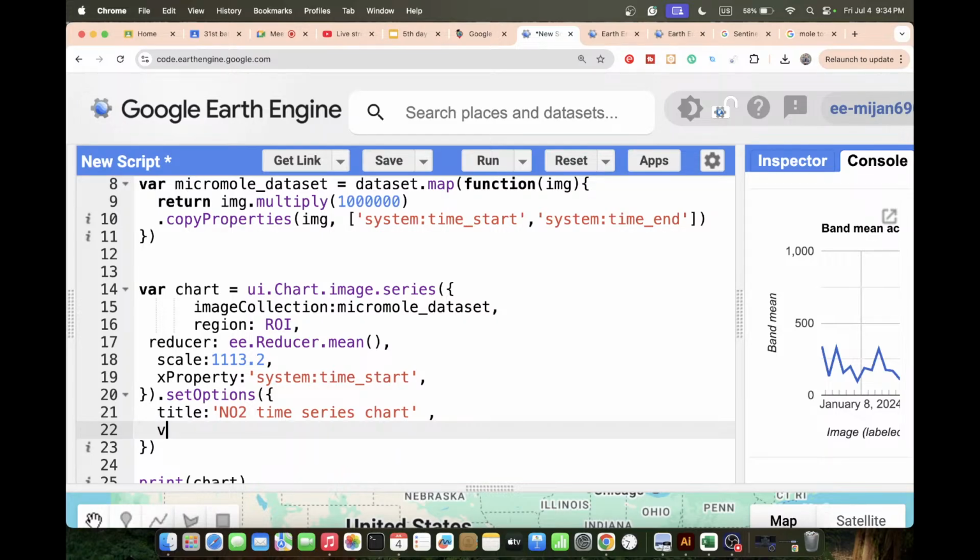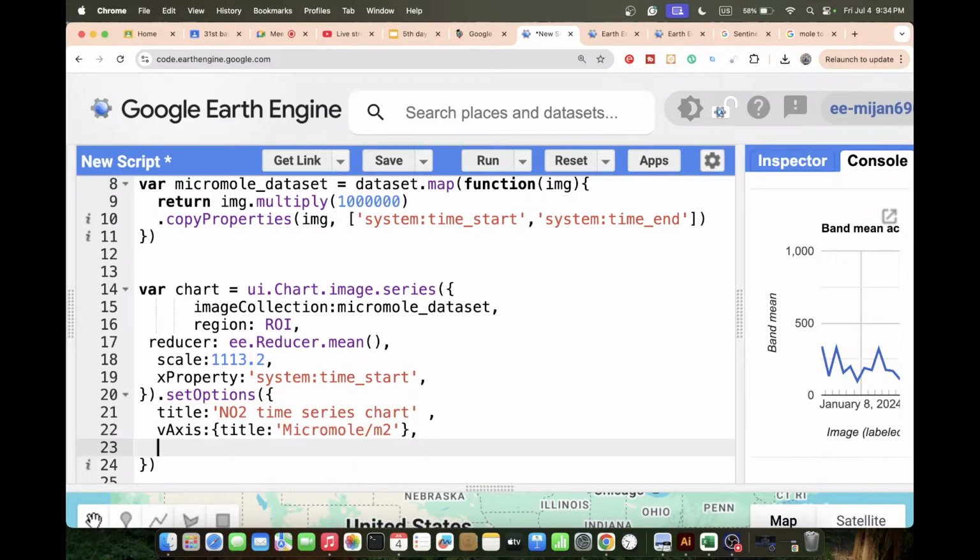Y label I put here, suppose, vertical axis title. It displays, suppose, micromole per meter square unit. Then the X label, basically the horizontal axis, X axis, it displays the title, suppose time. Okay, and if you run the code,